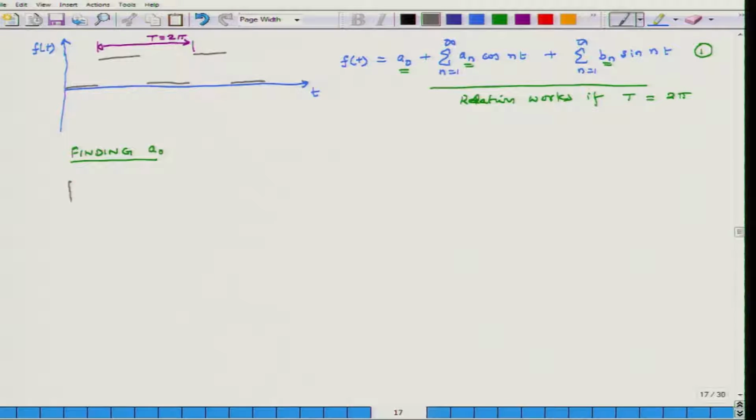So, let us do that. What is the time period? 2 pi. So, I integrate it from minus pi to plus pi